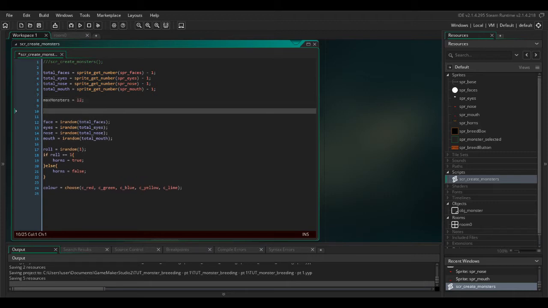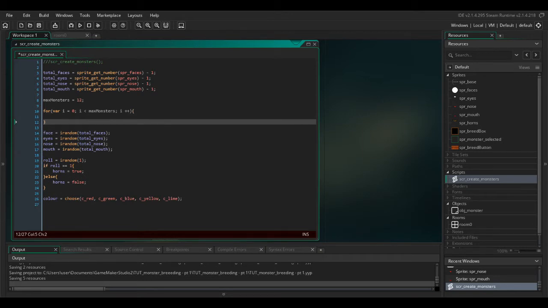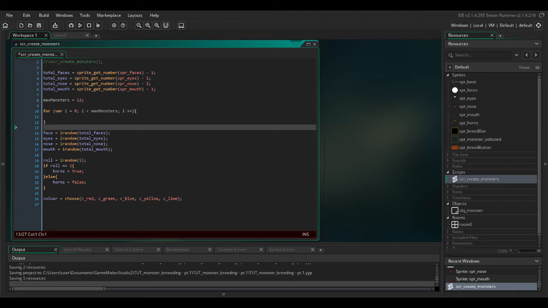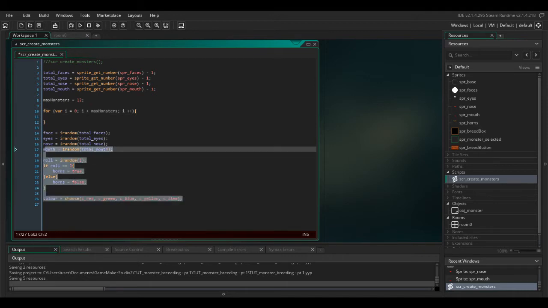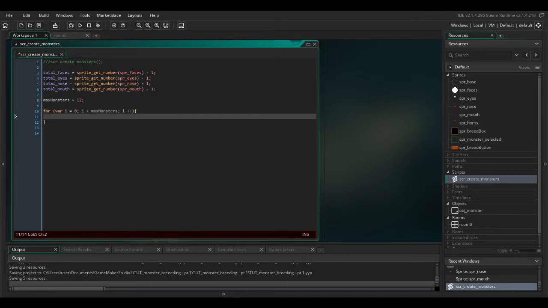Alright, so we're now going to make a for loop. So for i equals 0, i is less than max monsters, i plus plus. So what this loop does is while i is less than max monsters, so it'll loop from 0 to 11, we're going to run the code that's inside there. And i plus plus is just the same as typing i equals i plus 1, but it's just a lot faster to type i plus plus. So all this code is going to go into this for loop here,